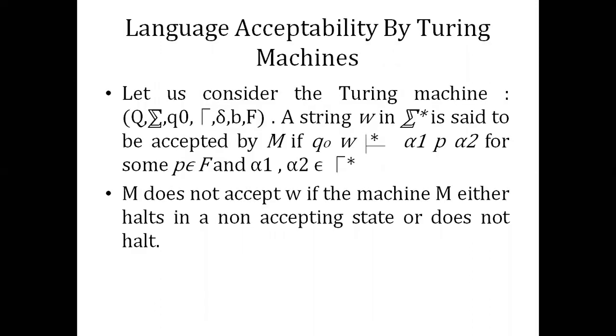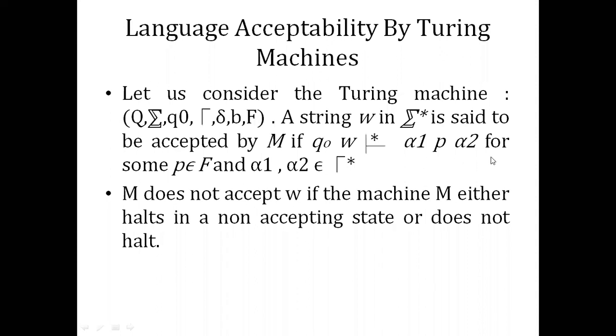So the language acceptability by a Turing machine, like I mentioned previously: a string W which is formed over the sigma is said to be accepted by a machine M. Okay, I'll take your questions, but let me just finish this. A string W formed using sigma is said to be accepted by M if the machine starts processing the string W from the state Q0 and over subsequent moves